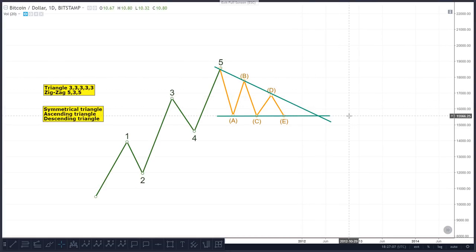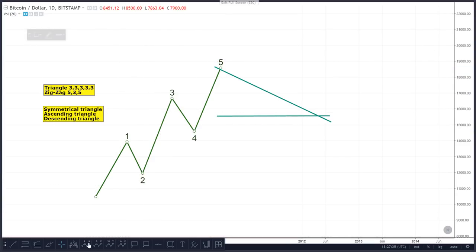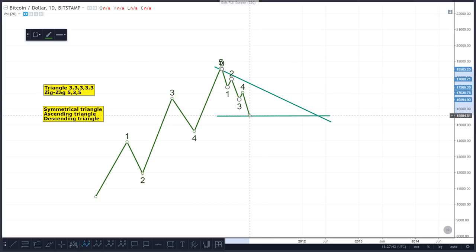All right, so that's pretty much it for triangles. One thing I want you to be aware of though, often this leg can be difficult to determine whether it is 3 waves or not. So what I'm saying is, you need to be sure that this is 3 waves before you can say it's a triangle. If there's any doubt, for example, if you're not sure but you think it may be 5 waves down here, you can then get a triangle,